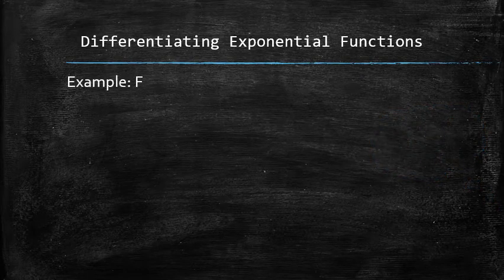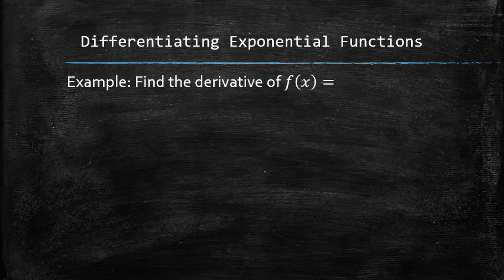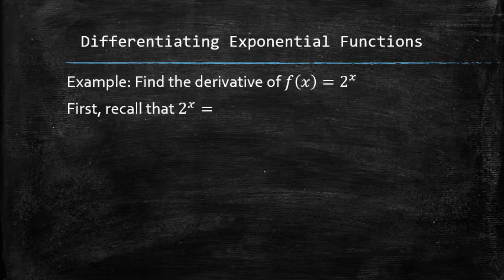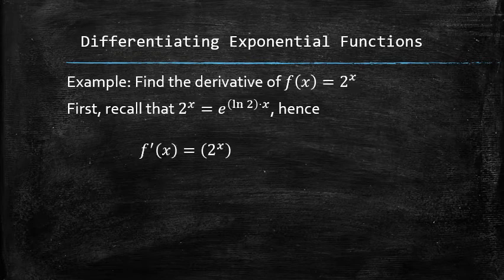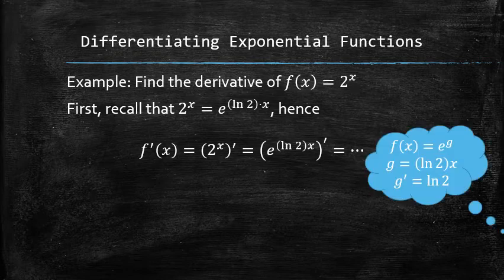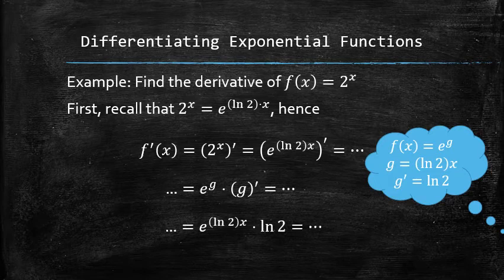Let's find the derivative of the exponential function with the base 2. First, we recall that every exponential function is a linear combination of the natural exponential function. So we rewrite the function and then start the process by recognizing that we have to find the derivative of a composition of the natural exponential function applied to the linear function. So we apply the chain rule, for which we know how to find all the components. We get the final answer after plugging everything in and simplifying.